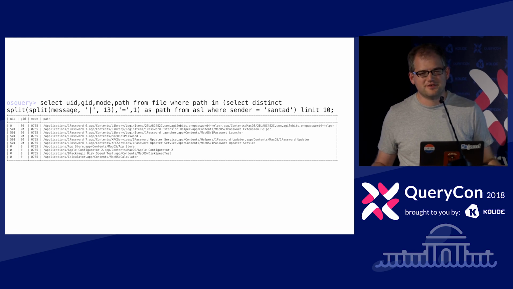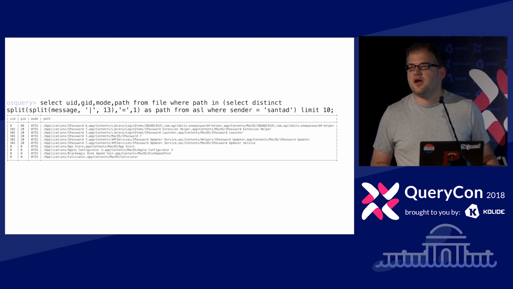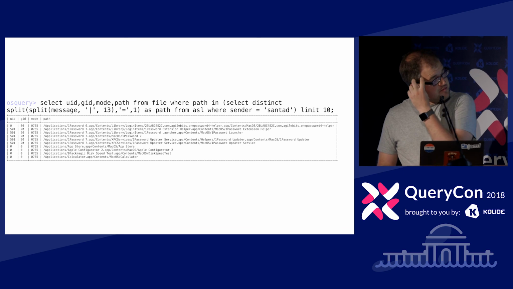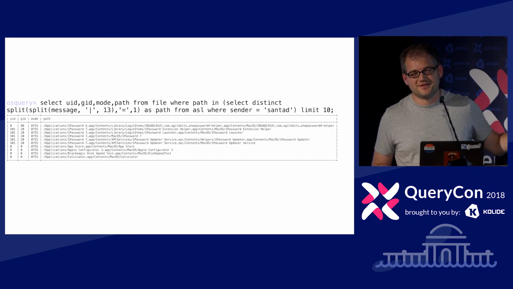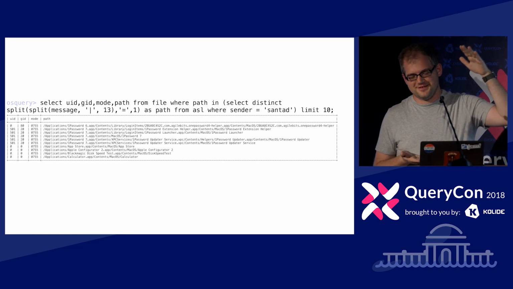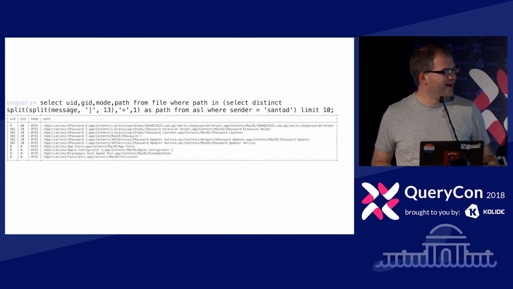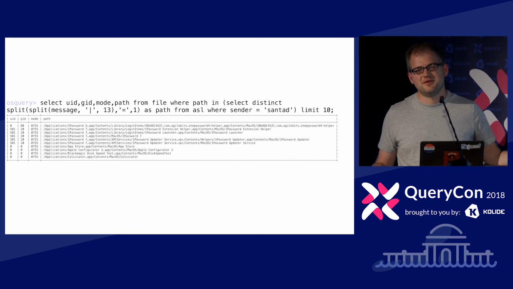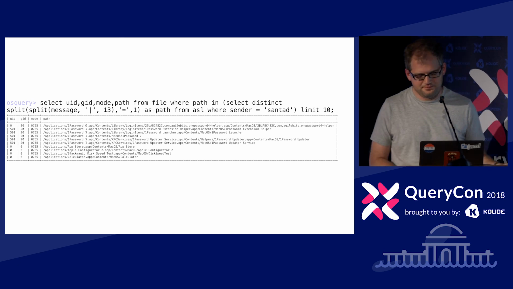Maybe some permissions are changing around oddly on a system. I didn't put that up there because that would just be like a crazy query like this, but these are all things that we could do in Python or Ruby or whatever our language of choice is, but it's just so simple inside of a SQL query, inside of Osquery.